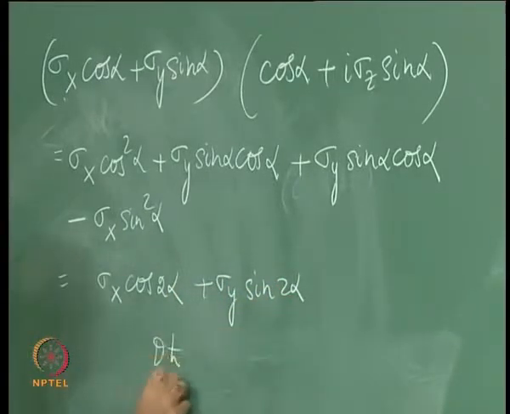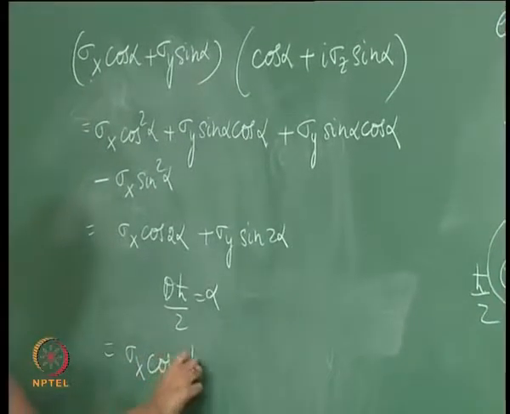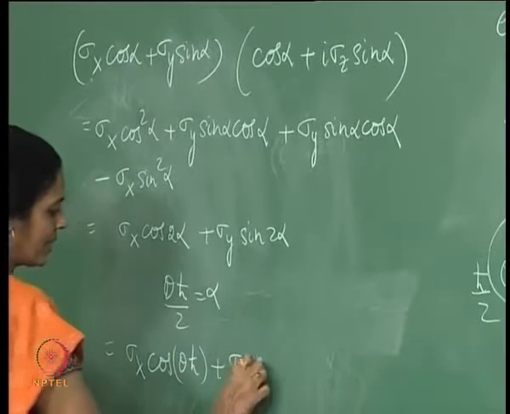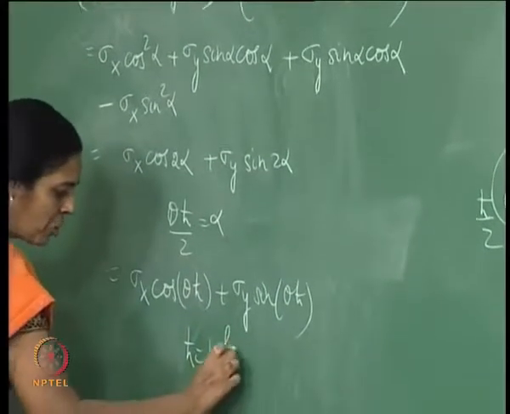But remember that theta h cross by 2 was alpha, and therefore this is simply sigma x cos theta h cross plus sigma y sin theta h cross. Remember that theta itself has dimensions. It can be written in terms of h cross inverse, because it figured in the exponential. It was e to the i theta sx or sy or sz, and therefore we have cos theta h cross coming up now, but the h cross should cancel out because theta is some number by h cross. Let us set h cross equal to 1 for the moment for convenience,